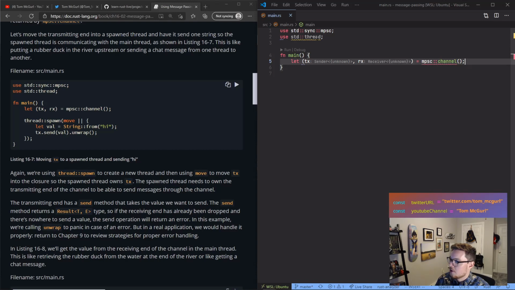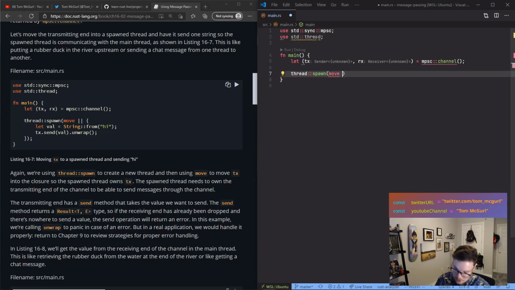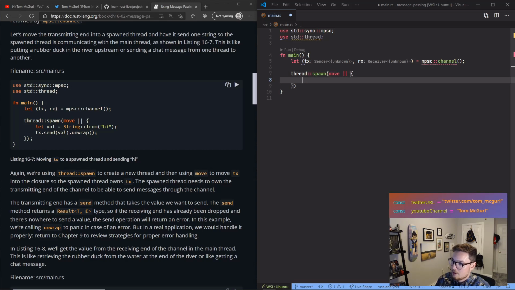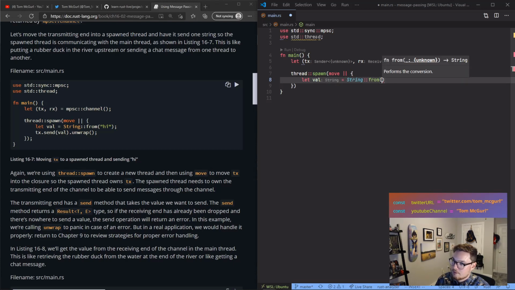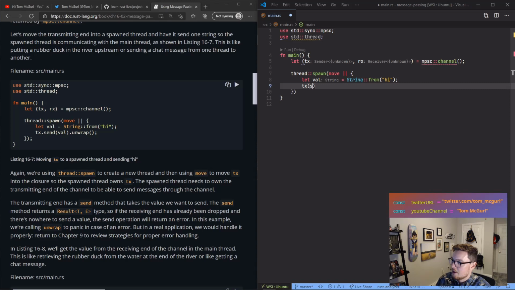We have our channel. We're going to spawn a thread. We're going to use our closure. We're going to take ownership with our move closure. All right, we're going to move ownership into our closure here. Value equals String::from "hi". So we just have a simple string there. And then we're going to do tx, which again is the transmitter, send,